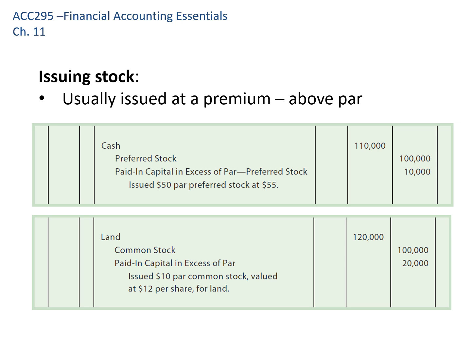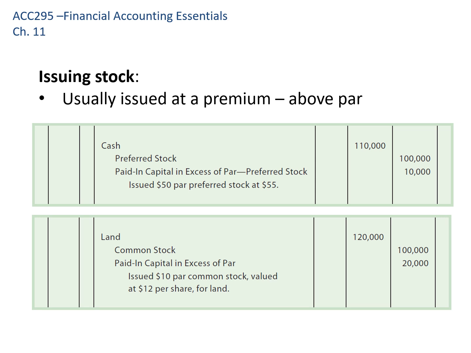So now for some journal entries. Stock is usually issued at a premium, meaning above par. And we're going to talk about examples of how those entries are made when there is par value, because as I mentioned, most states have par value. So in the case where we issued preferred shares, and I'll talk a little bit later about the difference between preferred and common stock, those are just two classes of stock.